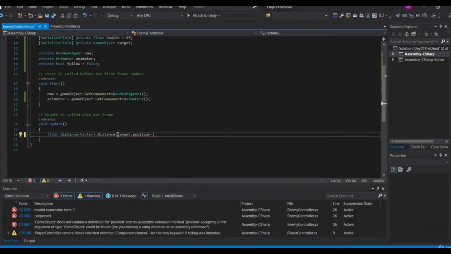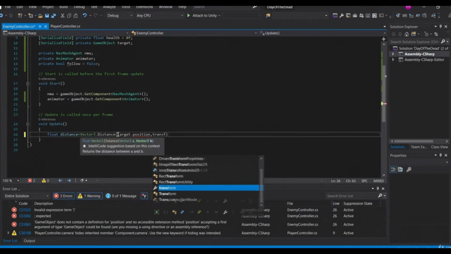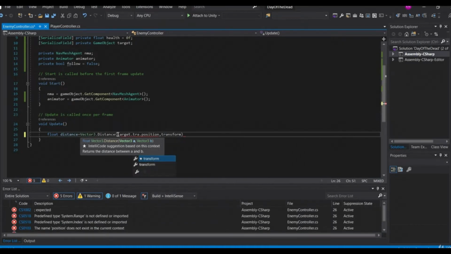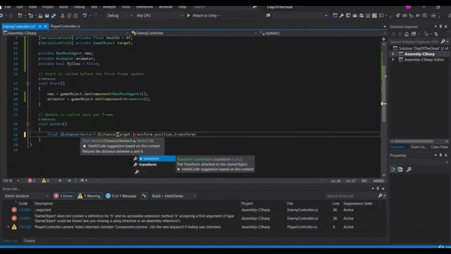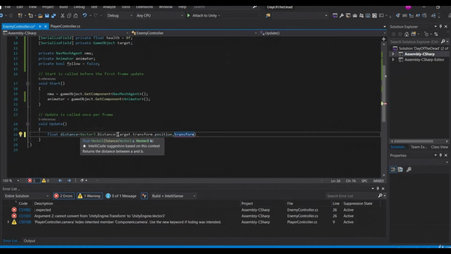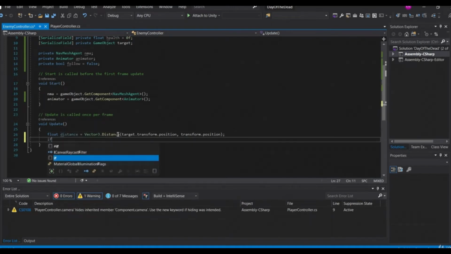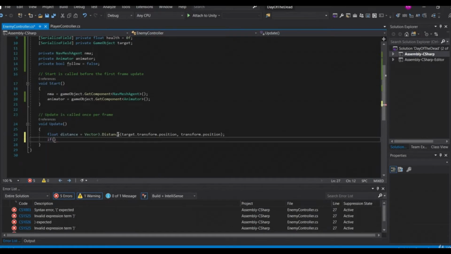Then position. What would be our position is going to be transform. Yeah, this won't work because we have got a reference to the player, the game object, rather than the transform. So just type in transform and transform.position. What this is going to do is calculate the distance between our target player and the enemy. And now what we are going to do is create a function, and if